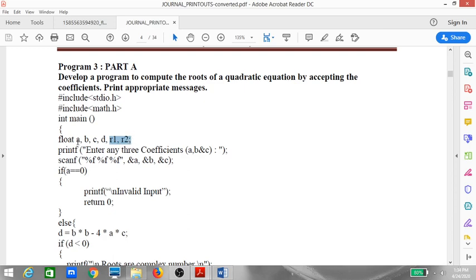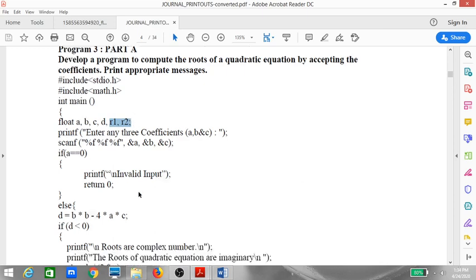So I hope it is clear why we require these many variables. a, b, c is the input; d, r1 and r2 is what we are calculating. In this, d is an intermediate variable that we require to make a decision, and r1 and r2 are the final output variables that we are going to have.